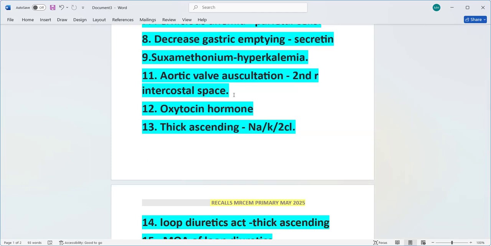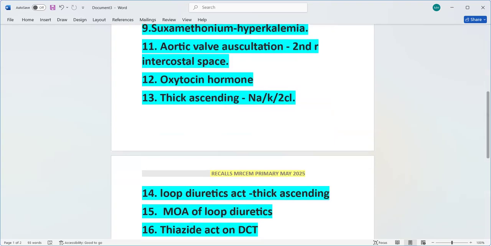Another MCQ is from endocrinology. This was a simple MCQ, and they just asked whether the posterior pituitary gland releases the oxytocin hormone. And from MCQ number 13 to 16, apart from these MCQs, there were other MCQs as well, around 6 to 7 MCQs, which came